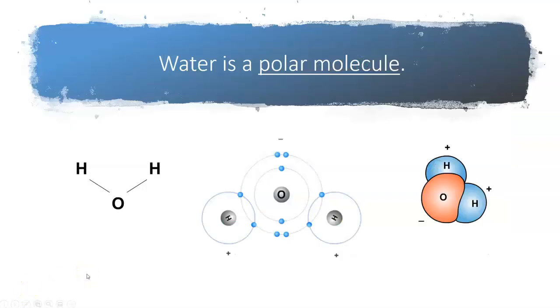Water's polar. Okay, water is a polar molecule. You can see, right, water is H2O. Even your little brother probably knows that the chemical formula for water is H2O. 2 hydrogen atoms, right, tiny little hydrogen atoms, and 1 oxygen atom. Now, oxygen atoms are a lot bigger. Okay, you can see here, oxygen atoms are a lot bigger than the 2 tiny little hydrogen atoms. Oxygen atoms also have more electrons than hydrogen atoms.